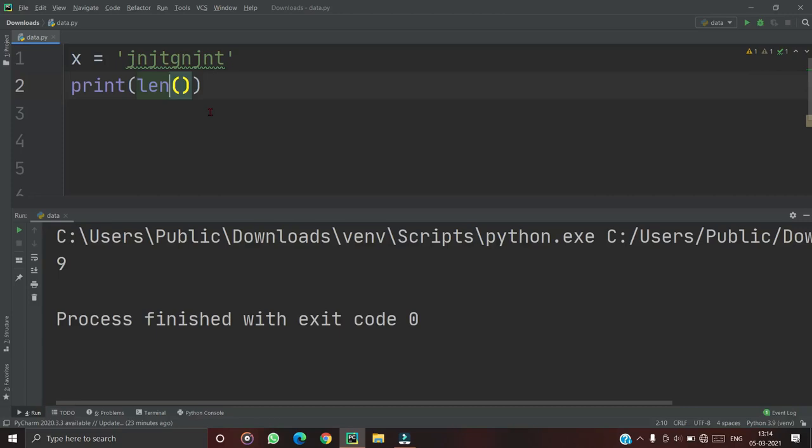Now we are going to discuss lists in Python.